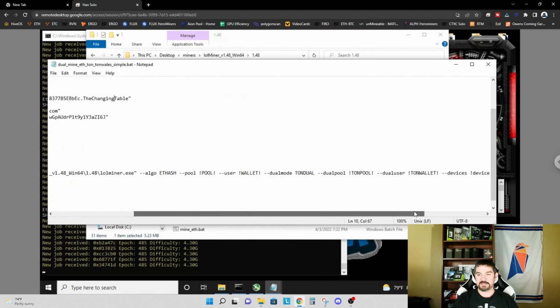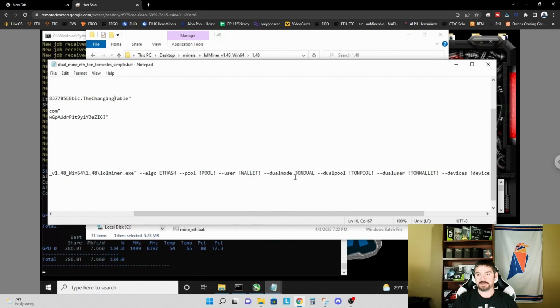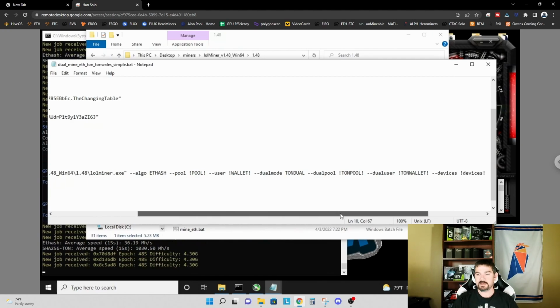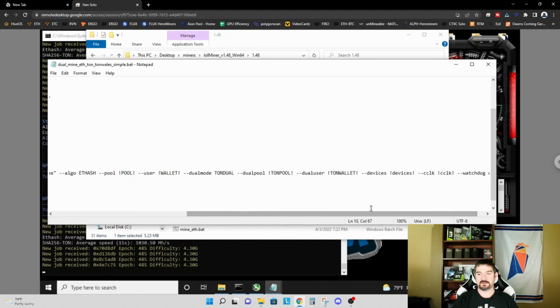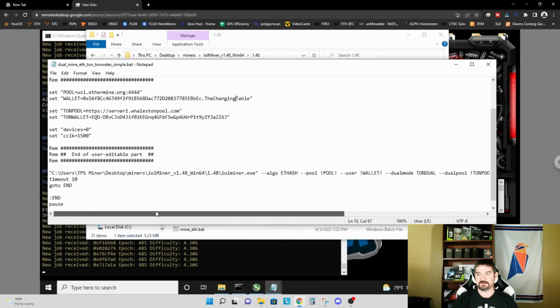So the next variable we need is --dual mode. So that tells the miner that the dual mode is TON dual. So we will be dual mining Ethereum and TON. And then we're putting in the TON information. So --dual pool with exclamation point TON pool exclamation point tells the miner to use the variable TON pool